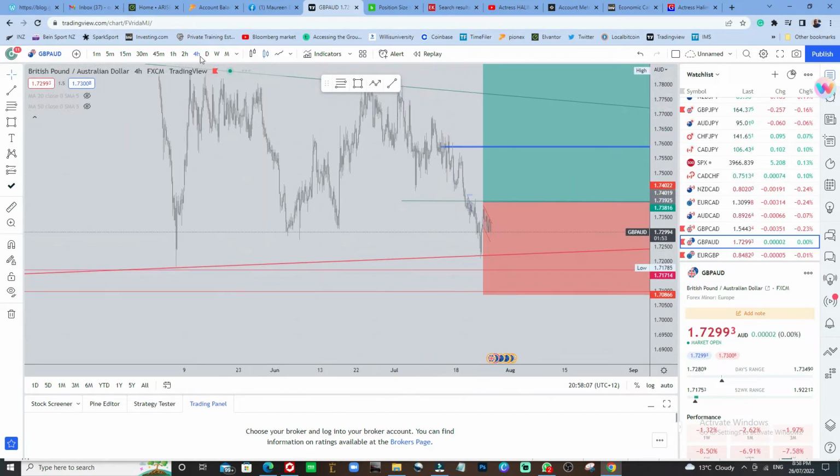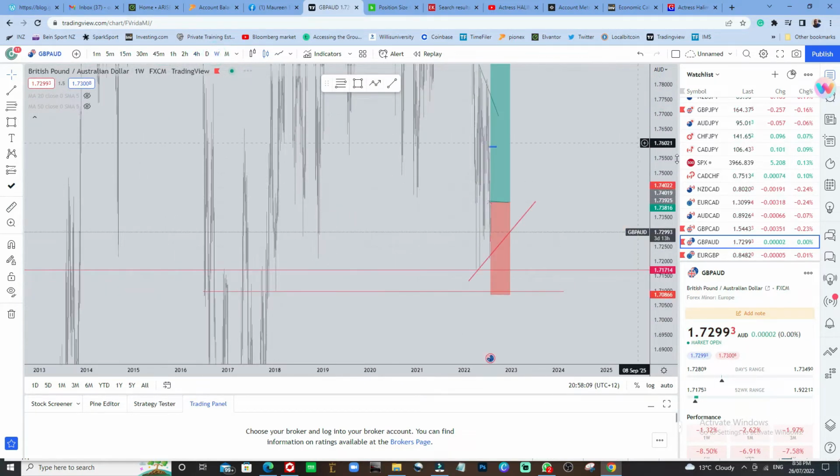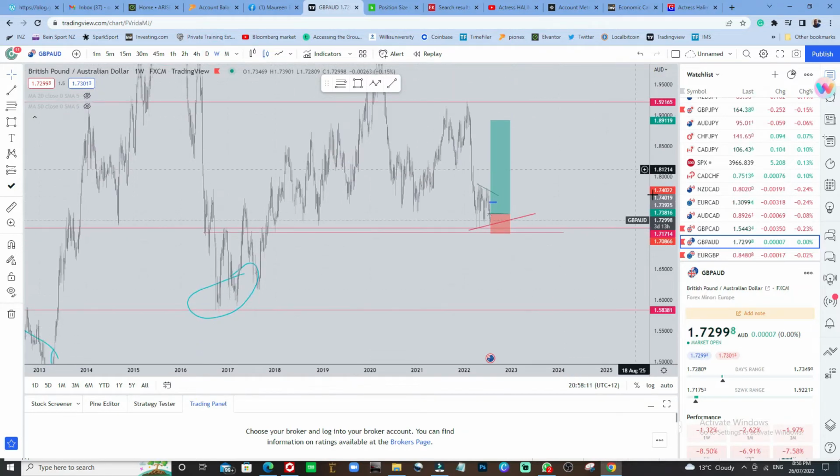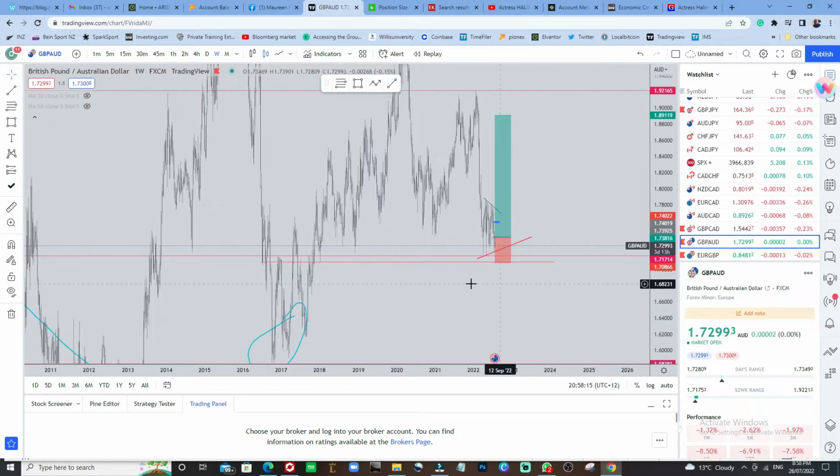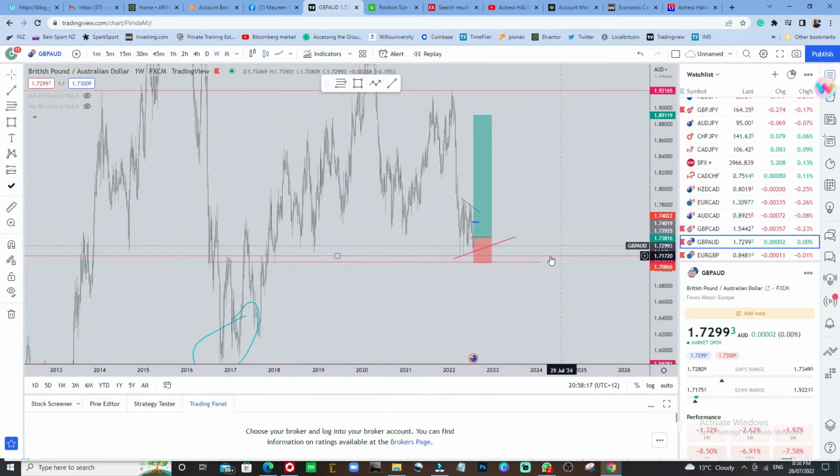Now the reason, 1 week time frame. If you look at it, the reason why I took this trade is that it's going to be a long trade, and it's expected to give me good profit. Each time the market gets to this level, there's always a reaction.